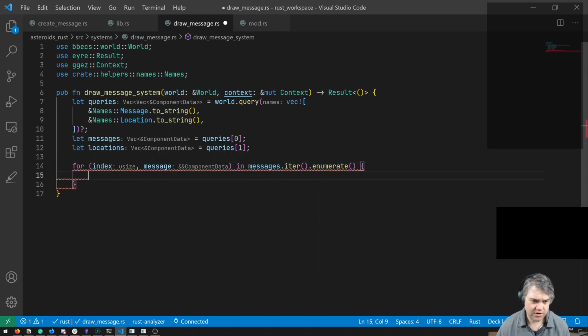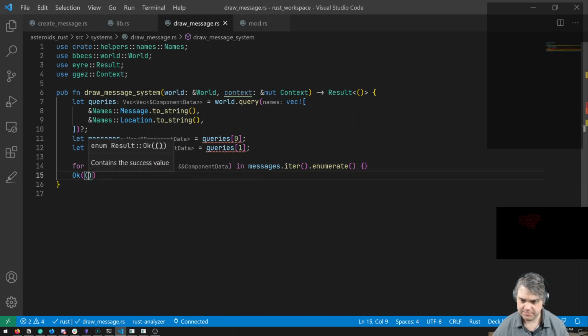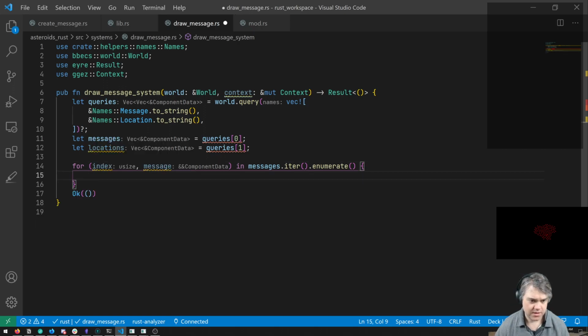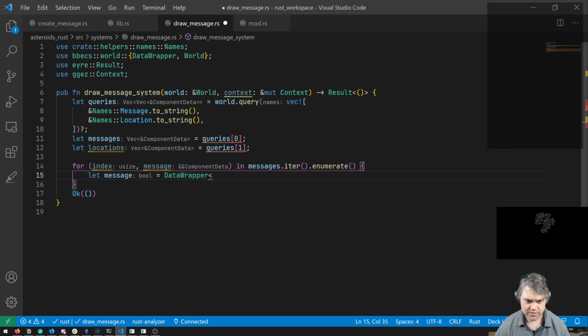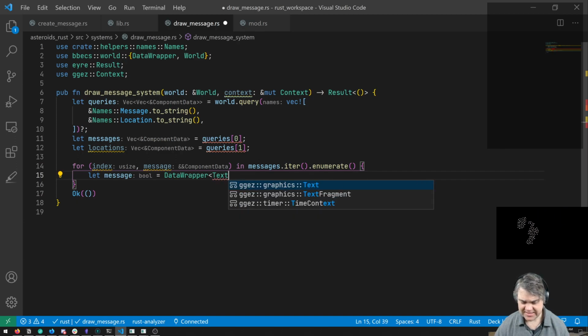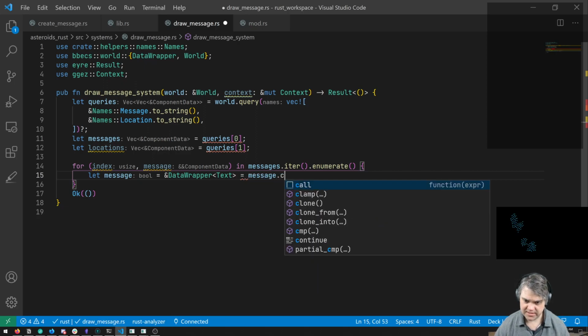All right, so we have the index. Go ahead and add that to make you happy. Okay, so we have our index and we have our message. We want to convert the message back into text. So let message equal to a data wrapper with text inside, I want to say, and then you're going to be a reference, equals message dot ast.